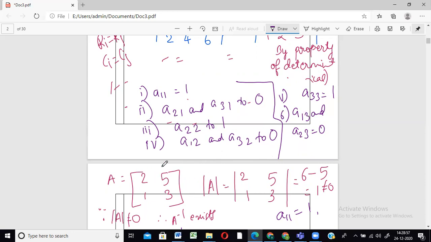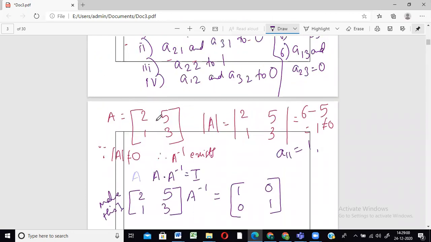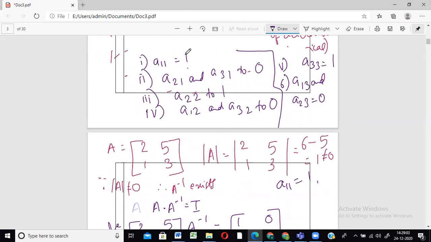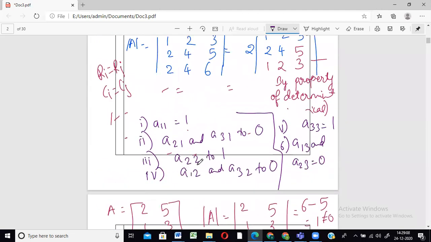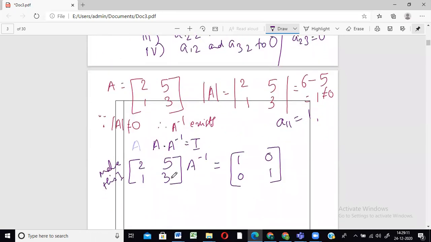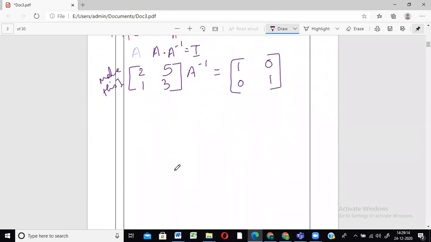So we have to make this identity. A को identity बनाने के लिए you have to follow the same procedure. A11 we first make 1, and then A21 we make 0. Then A22 as 1, and then this one will be 0. That's the procedure you're going to follow. Most of the time, this will work. Sometimes it may happen that it's a bit different, but still you get the answer; most of the times if you do it like this, it will be better. And not just for row transformation, even while doing column transformation, something similar to this will always work. Okay, so let's come to the problem.